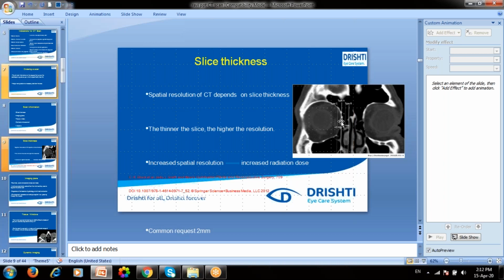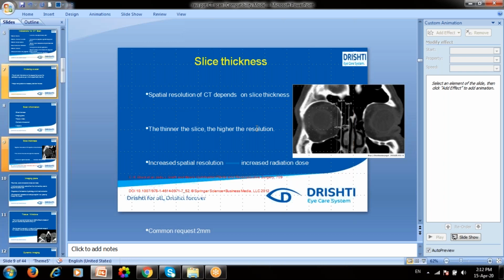If you want a very minor detail, your thickness should be less. If your mass is bigger, and you want the measurement, then the slice thickness should be more, so that more area can be involved. So if your slice thickness is thinner, there will be higher resolution, because